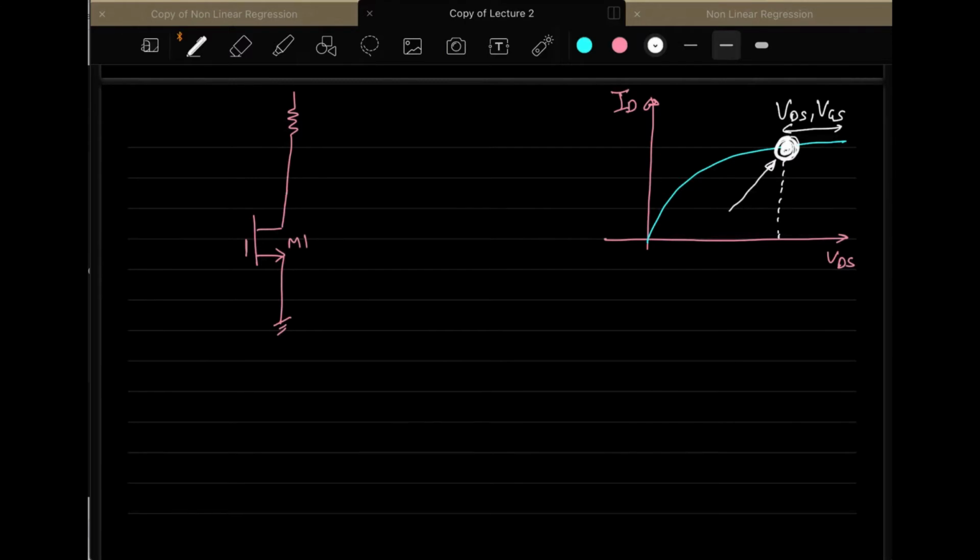In order to do that, we use a common configuration. This is the one which is quite common, as you might have seen it in case of your BJT analysis also. Do you know what this is called? This particular configuration, the one which I am drawing here. Anyone? Have you studied this in your earlier classes? This one?